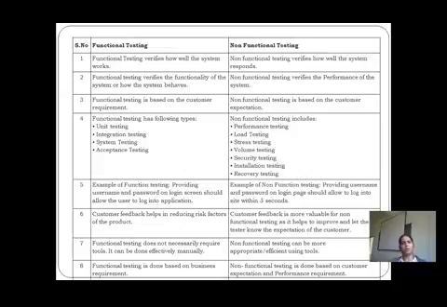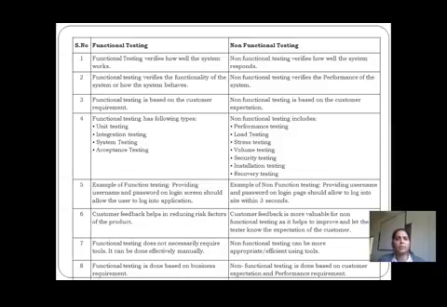But vice versa, when we consider non-functional testing for that same application, when we provide the username and password on the login page, should it allow the user to log into the site within 3 seconds only? Why? That is nothing but the performance, the load. See how the system is behaving. What is the performance of this system, it should be considered. So this is the non-functional aspect of that particular application or program.